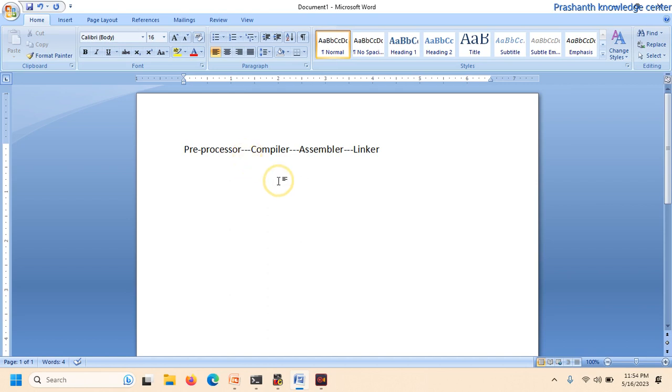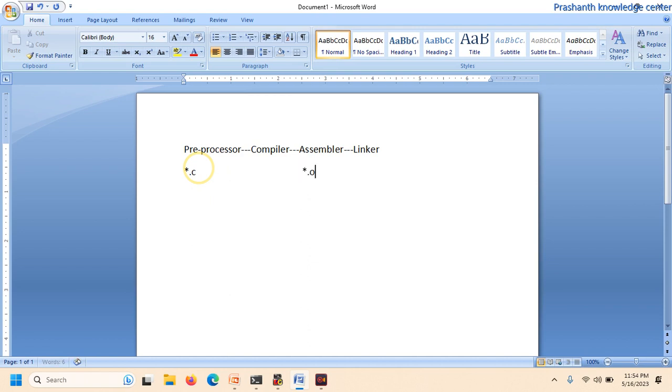Means first the source code will be written in any name with .c extension, and then in the compiler it will be converted to the assembly code, and then the assembly code will be converted to the object code. Means here a .obj object file will be created,